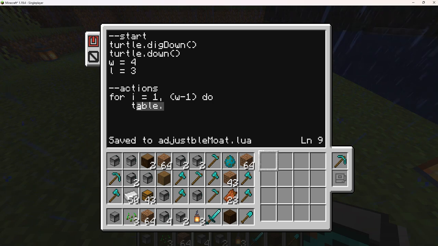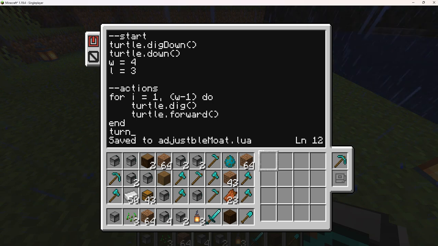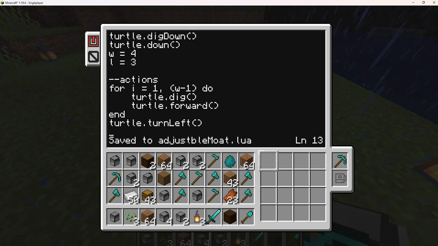turtle dot dig, then turtle dot forward, and then we're going to end that here, and then we're going to turn left. So turtle dot turn left, and we're going to do four left turns, remember that. And then we're going to repeat this again,